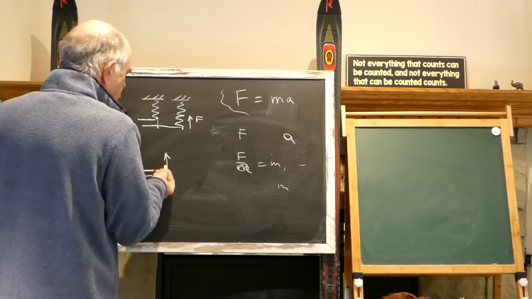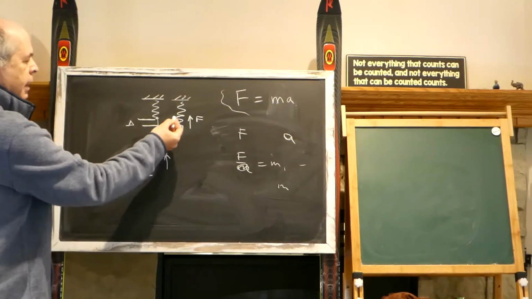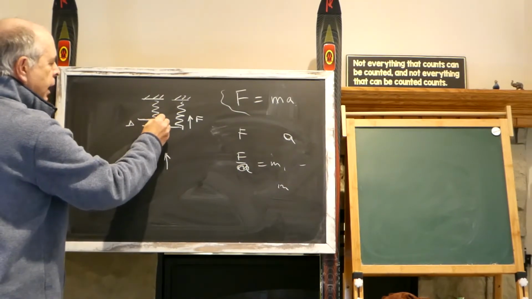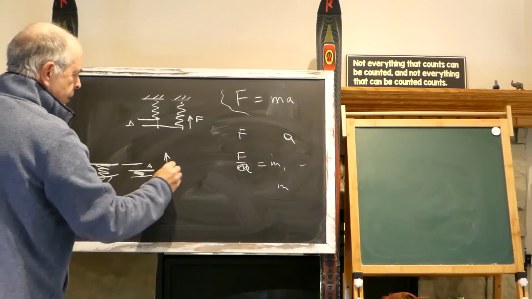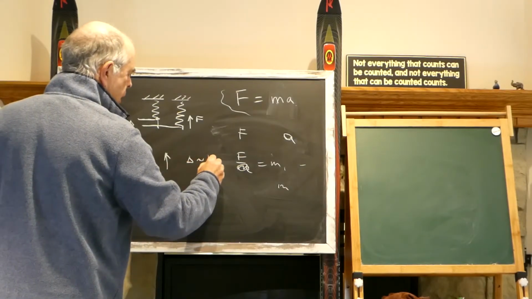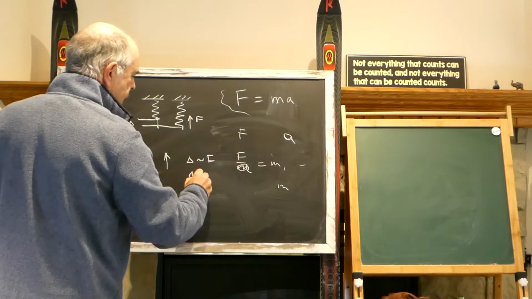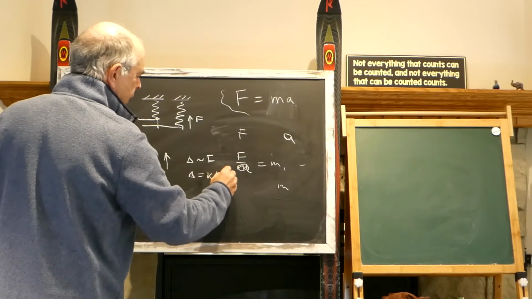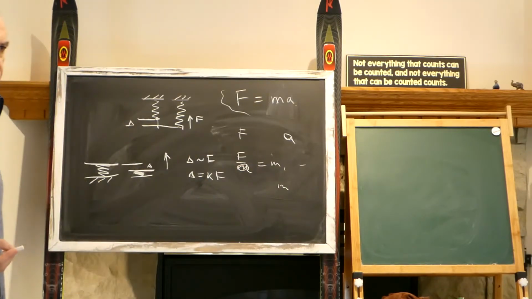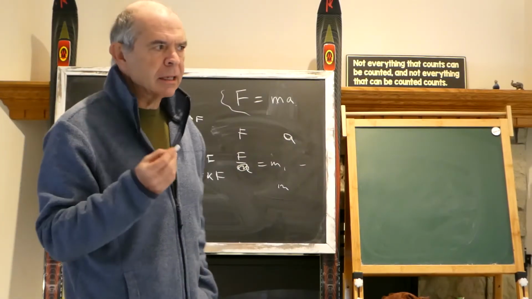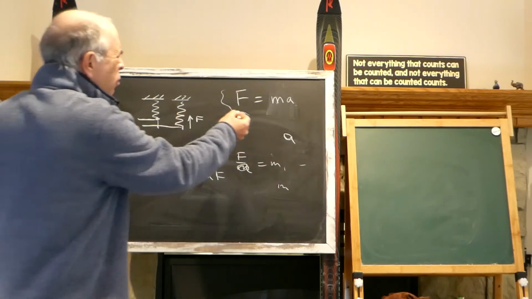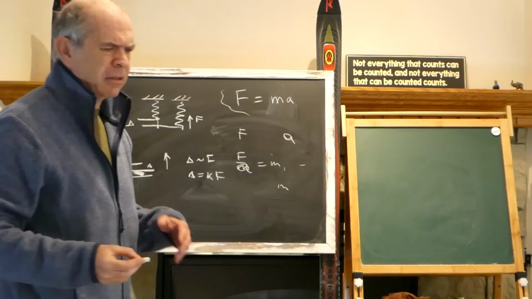Again, the force in both cases is directed up because it wants to come back to the equilibrium point. But again, this delta would be proportional to F. So delta would be equal to kF, and k is a property of the spring. So yes, they knew how to measure force 400 years ago, but how do you measure acceleration? It's very difficult,